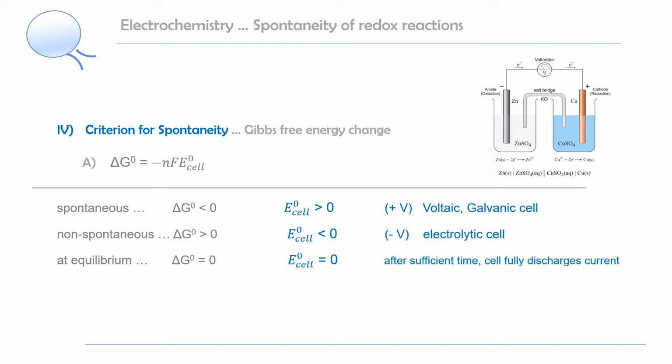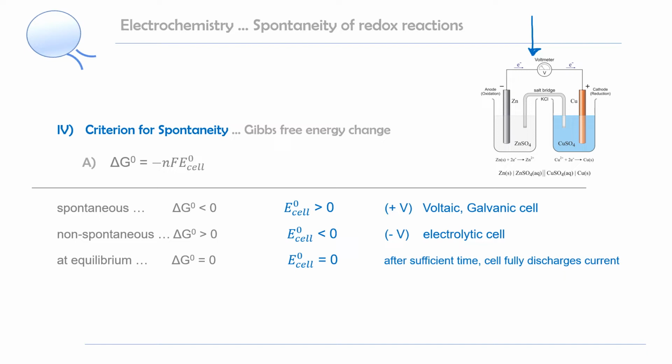So we've learned about how to predict cell potential, and we've said that if the cell potential is positive, it's spontaneous, and if it's negative, it's not spontaneous. So let's revisit what it means to be spontaneous. If the process is spontaneous, when we connect all of the terminals in our electrochemical cell,